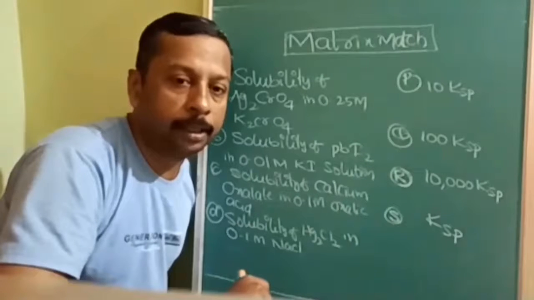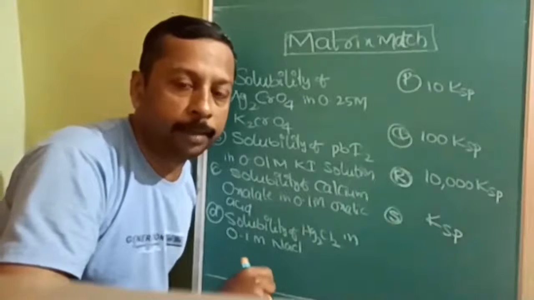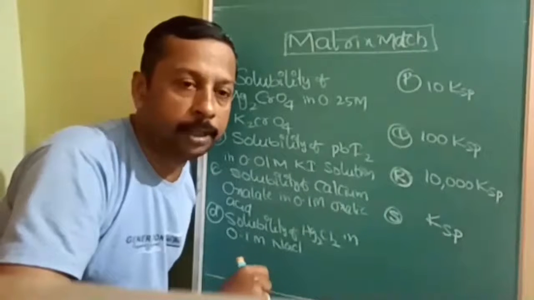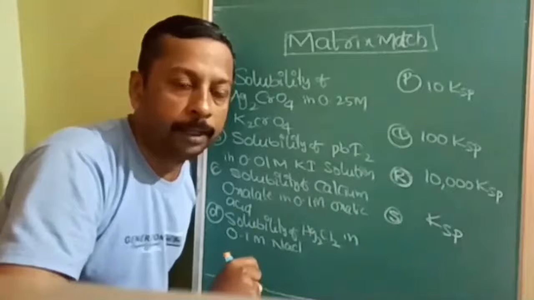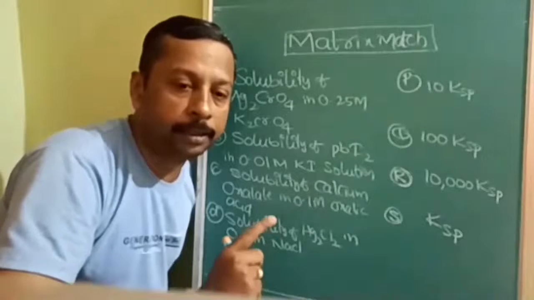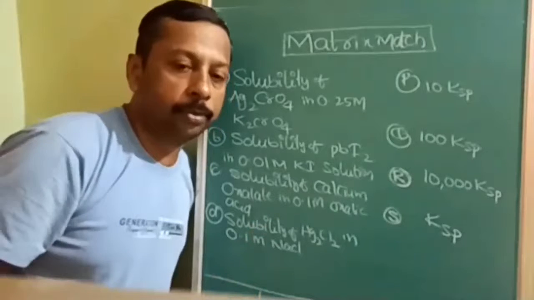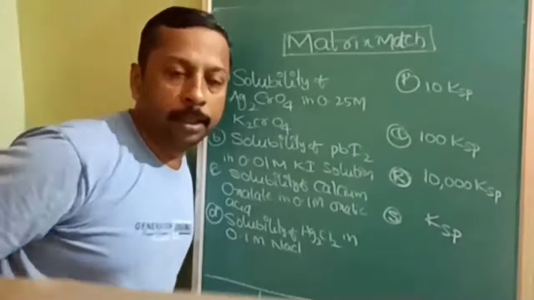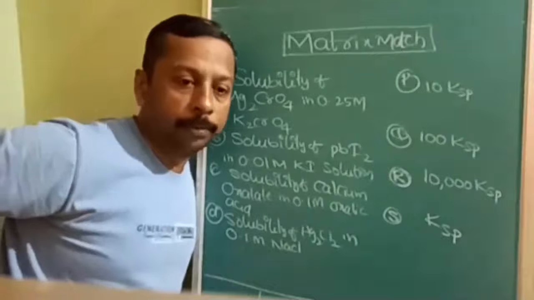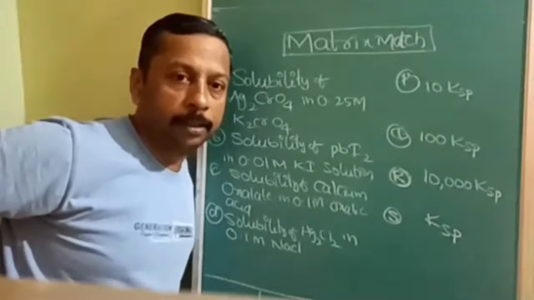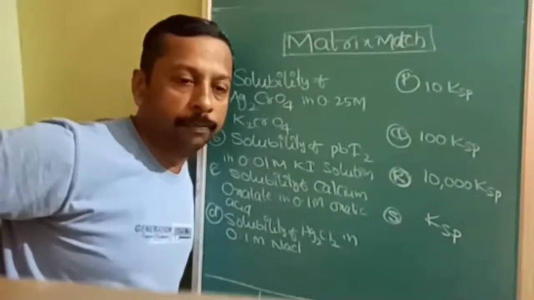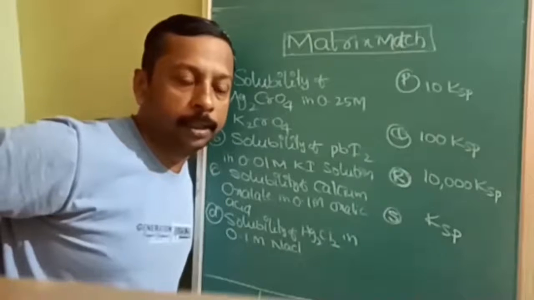Unless you are confirmed about your own answer, you will not be able to solve these questions. That's why I have selected this. So don't think that a matrix match question is only an advanced level question, not from the board level. Right from the board level, it is carefully selected and made into a single question. I am reading out the question so that you can get the time. Here, time taking is not a problem. In the advanced examination, time will never be a hurdle for you. The only thing is how smartly you utilize it.